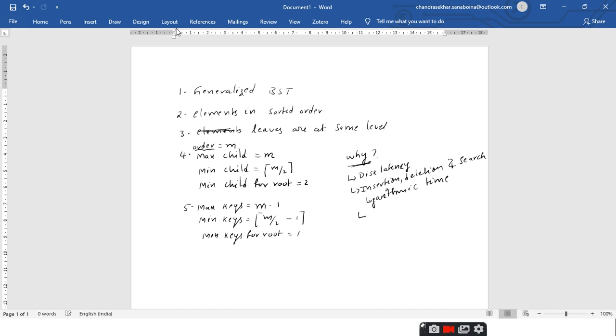The importance of this B tree is it maintains the minimum height. Since it is maintaining the minimum height, it takes less time to access the elements. So the insertion, deletion and search operation operates in the logarithmic time.